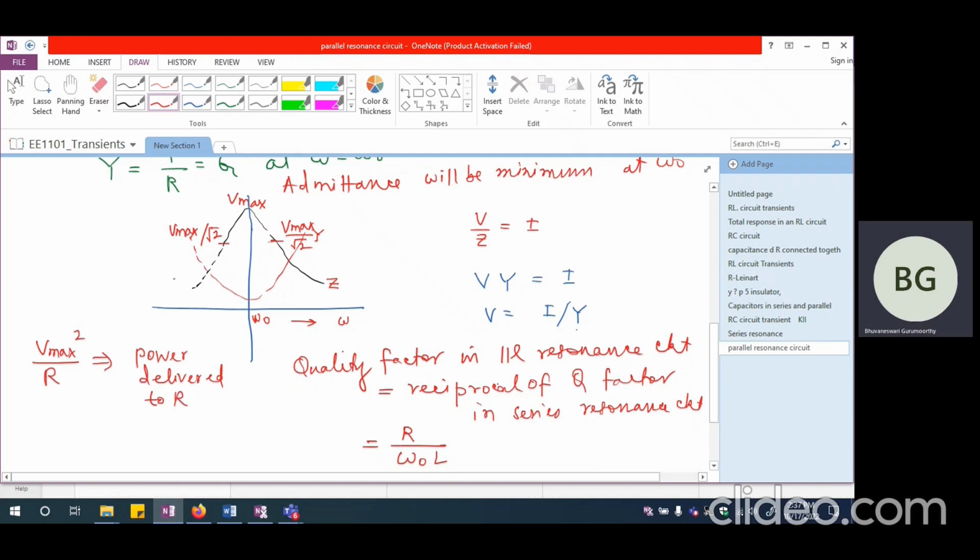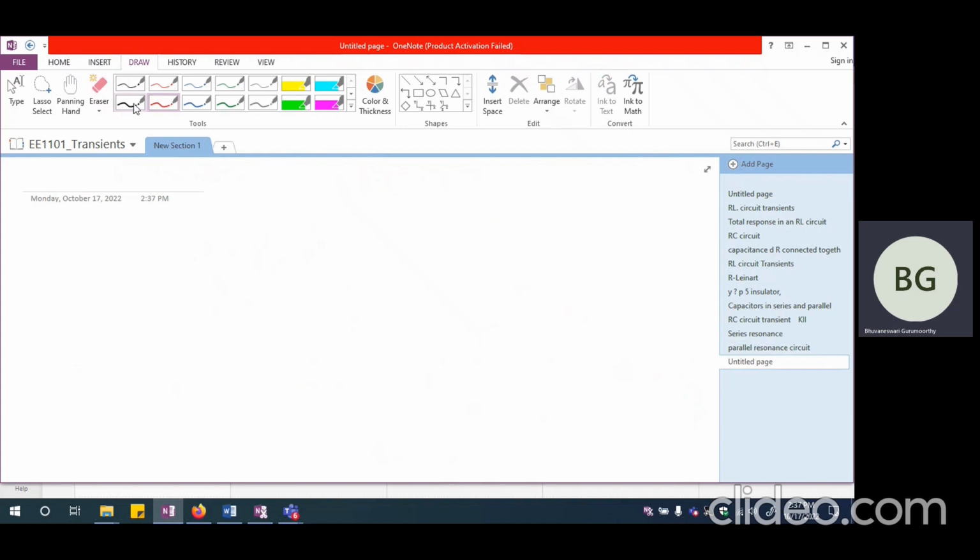So from this, we should be able to get the bandwidth as well. Under this condition, we are going to have omega L and omega H, and then we should be able to calculate exactly what is the bandwidth corresponding to the parallel resonance circuit as well. So let me try to do one numerical example